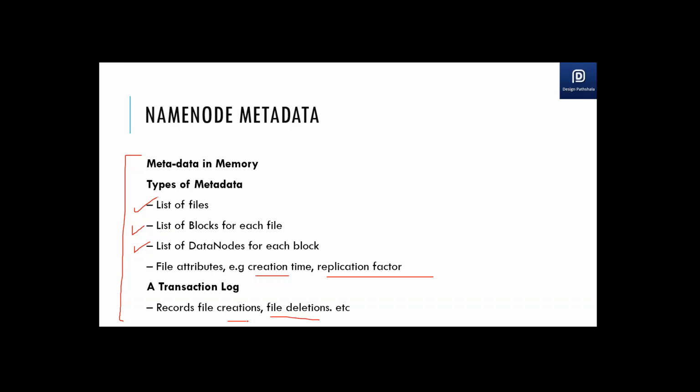When you say metadata in memory, does it cache the metadata to begin with? Oh, no, that is not the caching part. It is memory, that is whatever is stored over there, not in terms of caching. So when you say memory, it is storage actually. It is storing also, but most of the data is there in the memory. This is based on the infrastructure of your name node, how you have configured it. If name node has good enough RAM, it might be caching, but everything is persisted also. Okay.